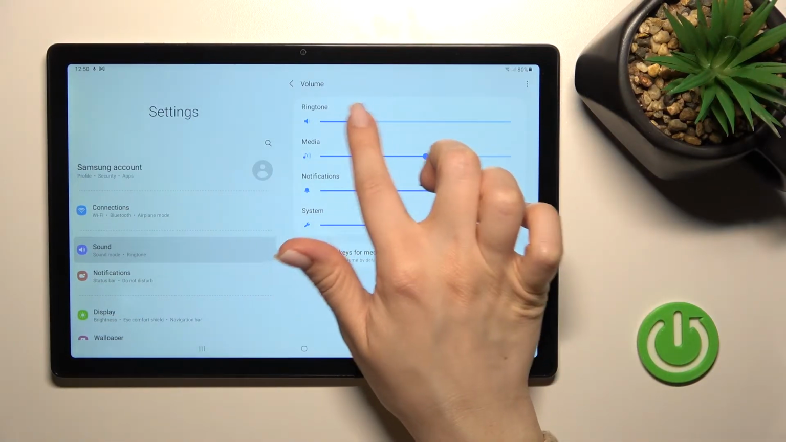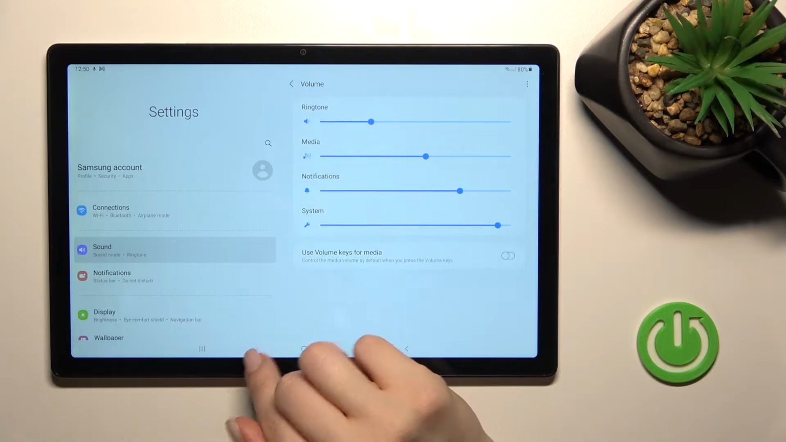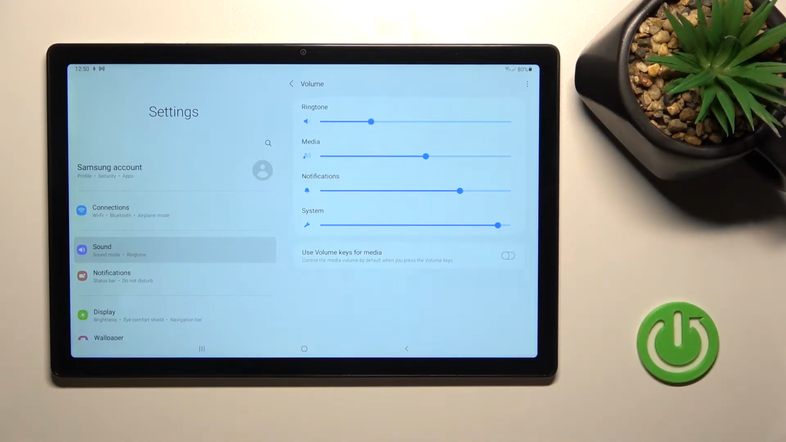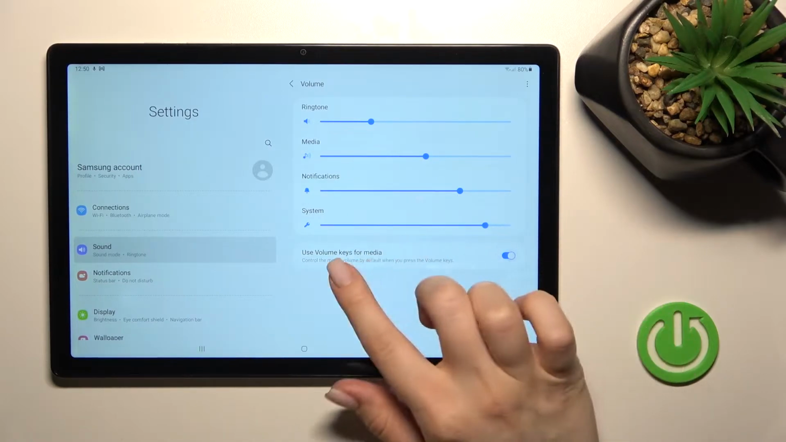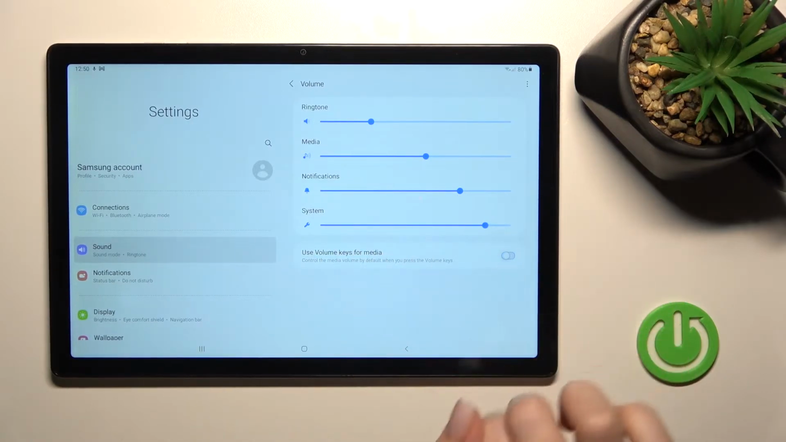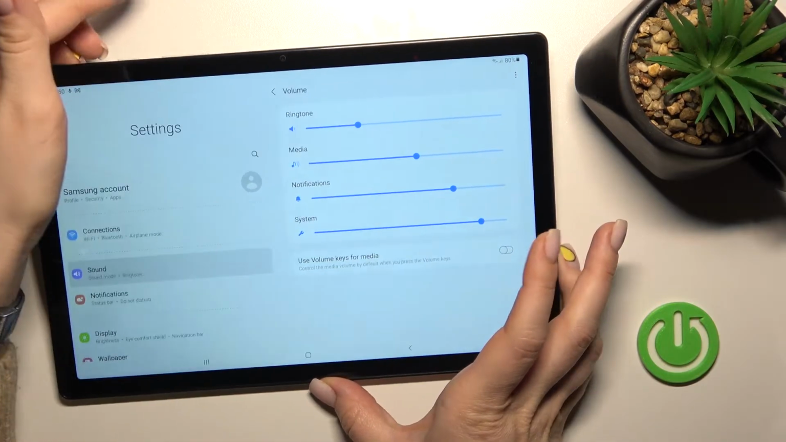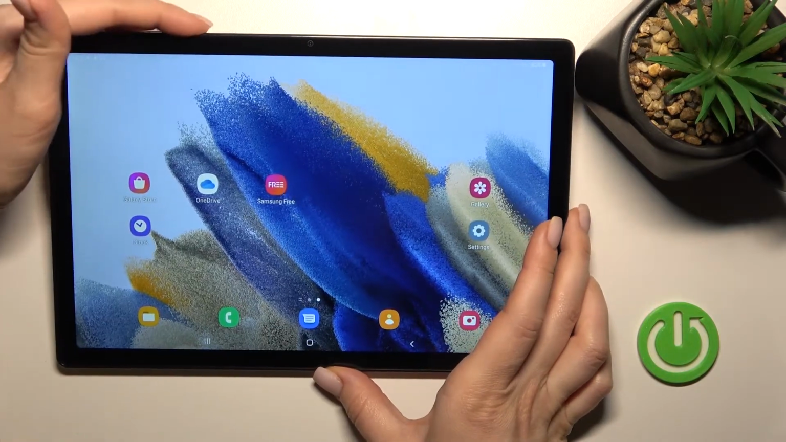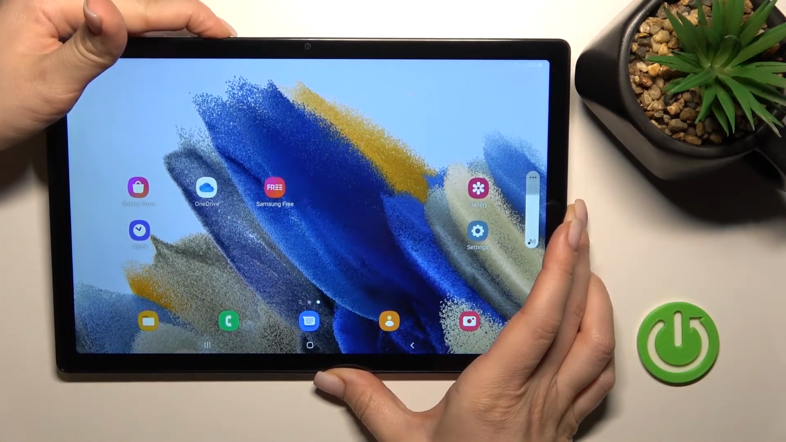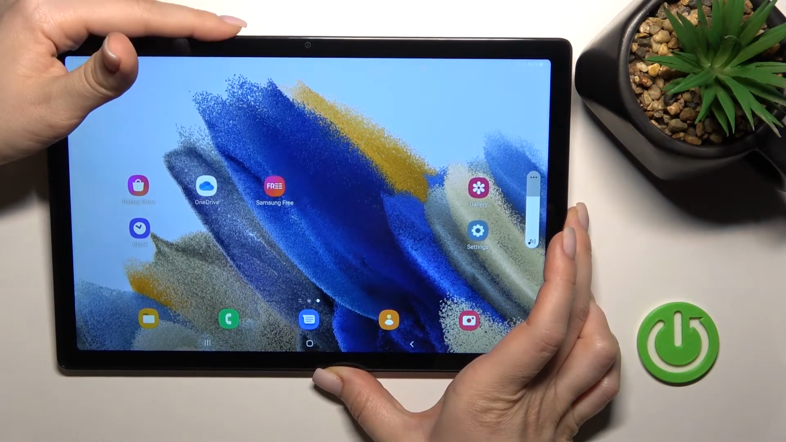To change the ringtone volume, you should swipe with your finger to the left or to the right side. And we can also do it a second way. Just be sure that in Volume button control you have turned off the switch to use your volume buttons to change the ringtone, not the media. Now, just by pressing the volume up or down button, we can see that we can change the ringtone volume